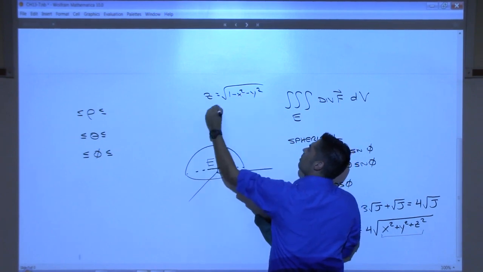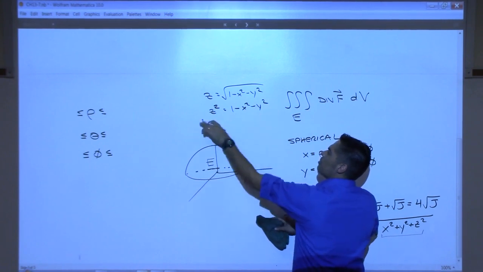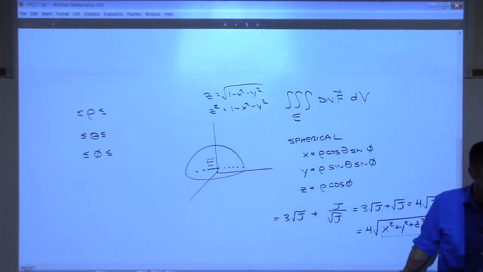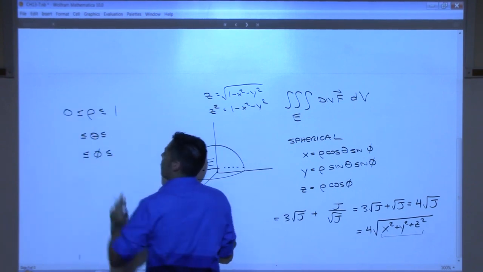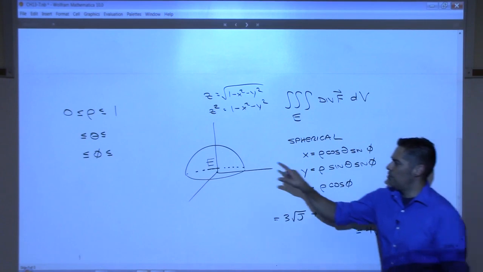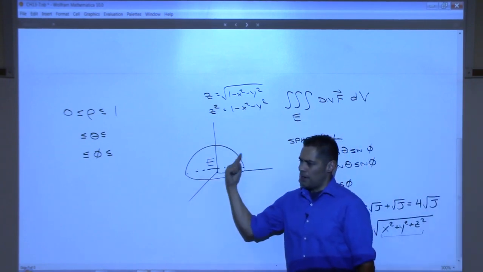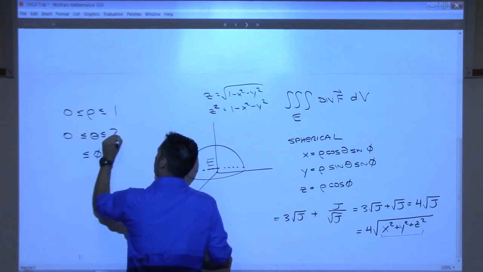Square both sides. Move the variables over. You can see your radius there. Okay, so I know that rho has to go between 0 and 1. Theta is the angle that swings you around like this, right? 0 to 2 pi. And phi